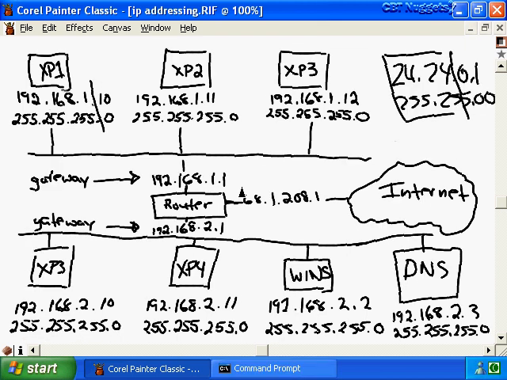So once the router receives the information at its appropriate gateway, or essentially its door into the router, it's going to look at the TCP/IP packet that came from the computer, and the packet will contain information as to which network it's trying to get to. So in this example, the router is going to see the computer is trying to get to the 24.24 network, and